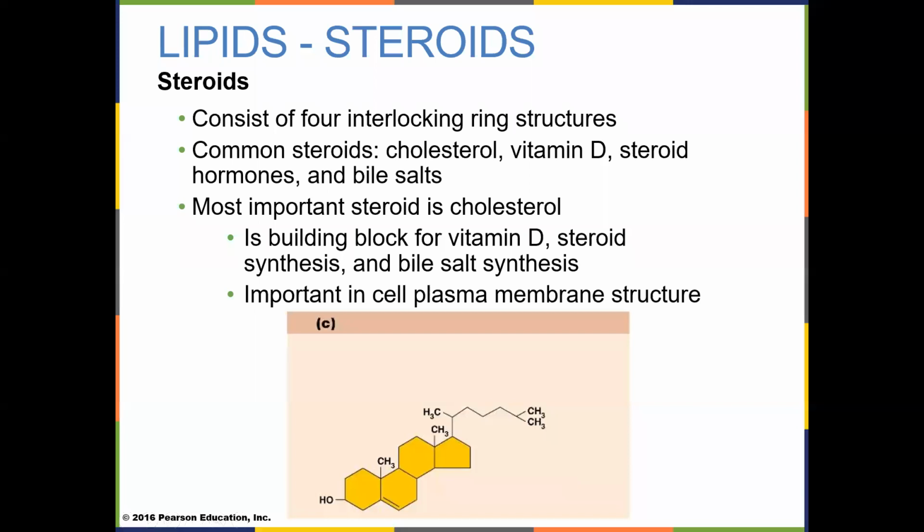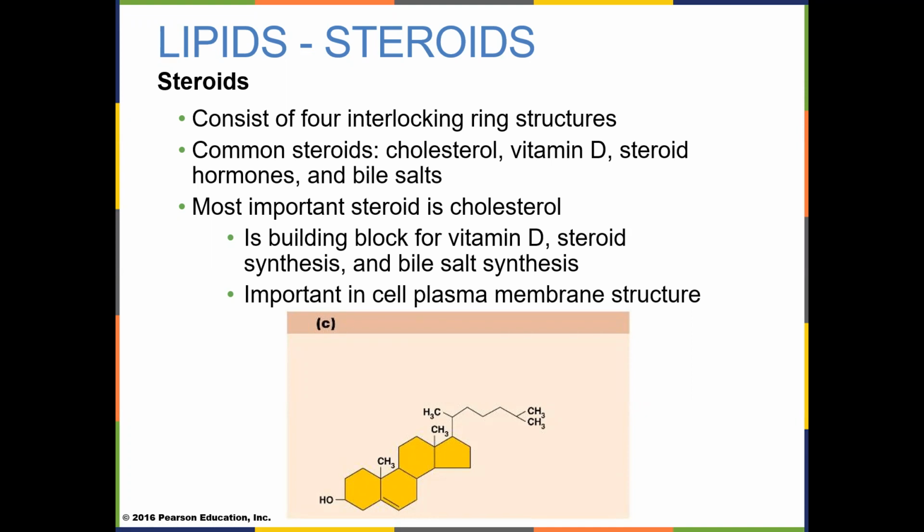We also use cholesterol as supporting material within the cell membrane, sort of like rebar in concrete, if you will. So it gives the cell membrane the shape it needs to have. You know, like if you are a neuron, your cell membrane has to extend for 4 feet down from your hip to your great toe because you're part of the sciatic nerve. Well, your cell membrane has to extend that long, and so cholesterol is there to reinforce that all the way down from your hip to your great toe, behind your knee and everything.